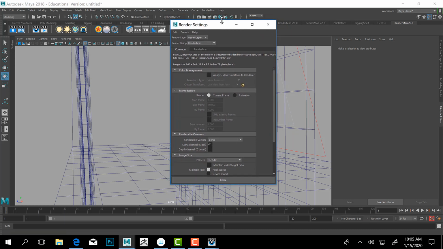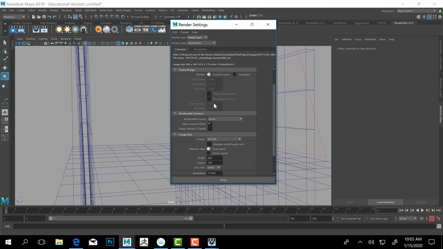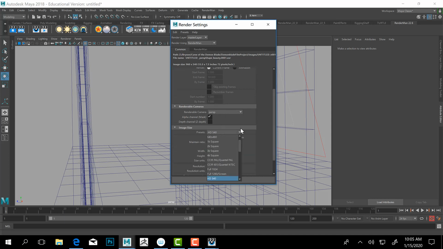So right now, let's talk about image size. Right now it's set to HD 540. That's a really low resolution, like standard definition 1995 resolution. That's really small, but it's a really quick